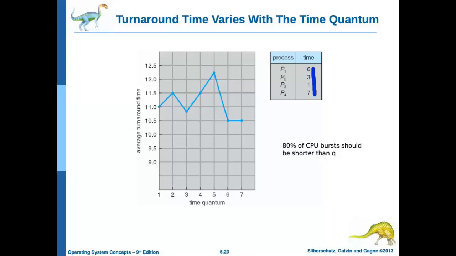As you see, if the time quantum is 1, the average turnaround time is, say, 11. Whereas if it is 7, it goes to 10.5, and it is highest whenever it is